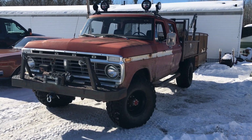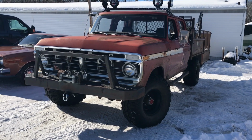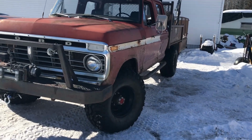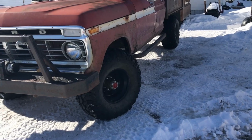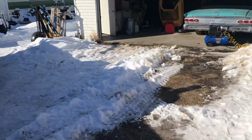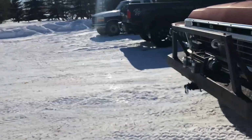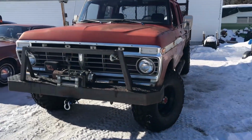So I've reached a dilemma. I've owned this truck for over a year now, and it's been treating me very well. I did a few things. I added some lights and some tires, and I've added, we watch my other videos. But anyways, if you remember, over a year ago, I made a video when I first got this truck, and